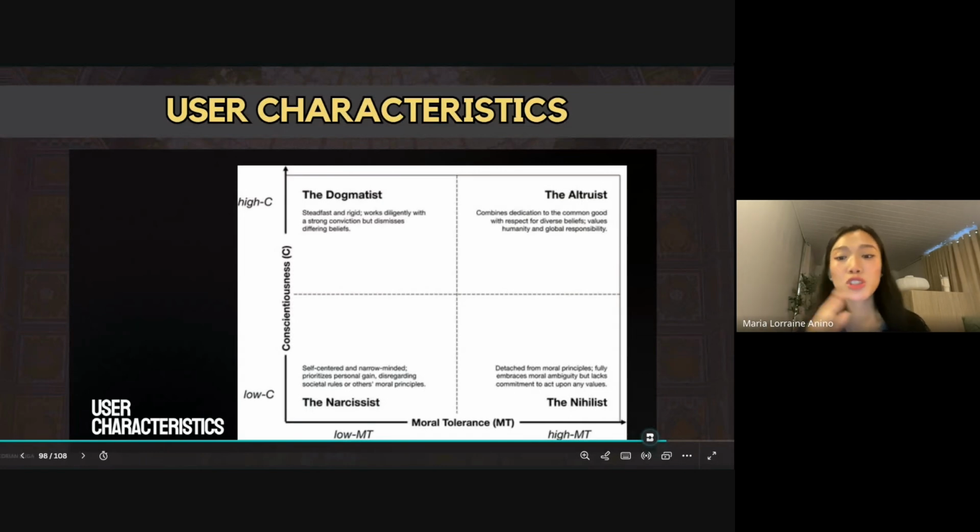Okay. Next is the altruist. This is the other end of the extreme. Okay, the positive ones. Two positives: high conscience and high tolerance. Now this is the balance that we aim for. These are the users that are responsible online but also respectful of the differences. These are those people who have sociolinguistic competence as part of the four communicative competencies. They are aware that there are different social systems, different identities, different people with varying ages, age gaps, from minors to adults. Okay, so remember, these are the altruists.